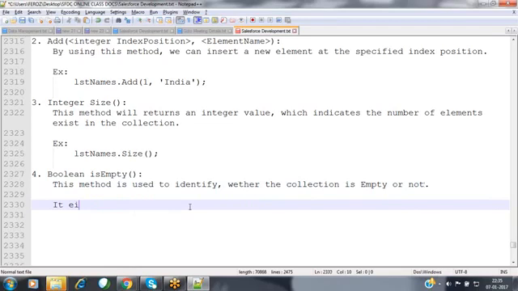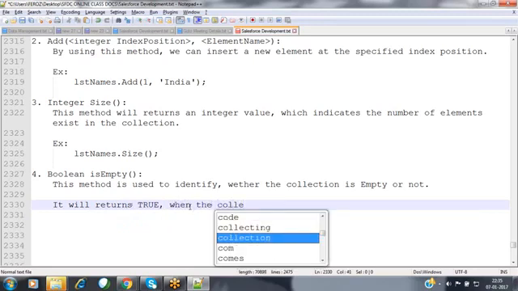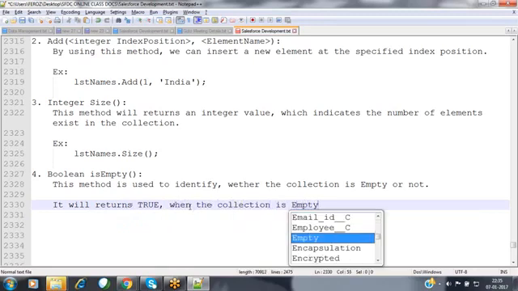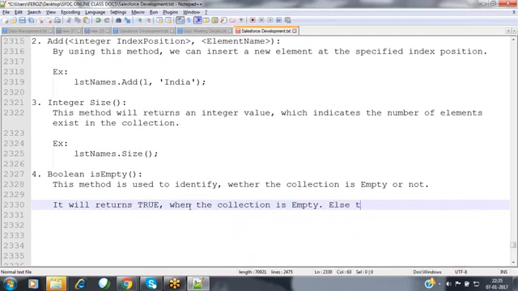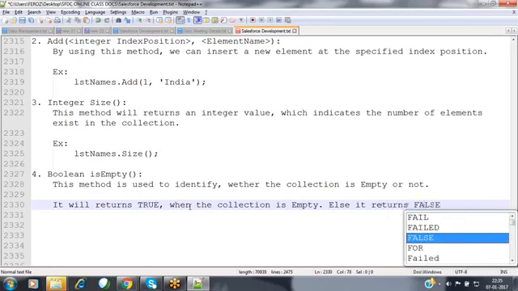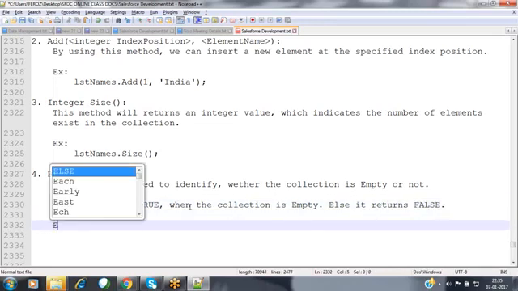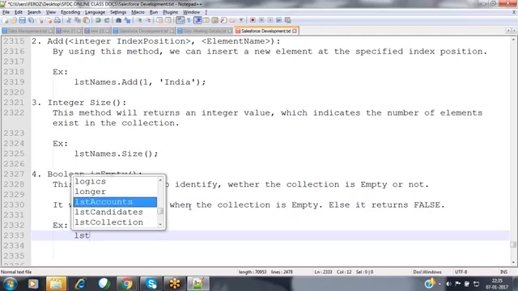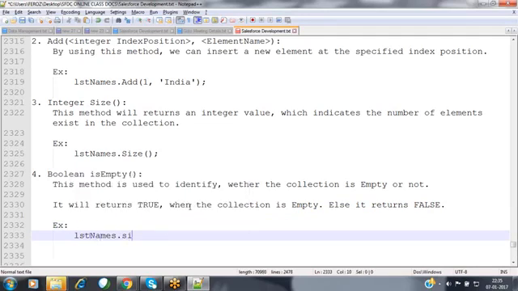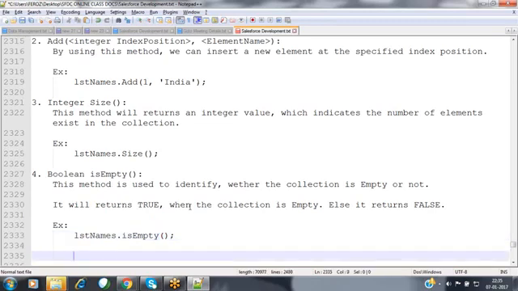It returns true when the collection is empty, else it returns false. For example, lstNames.isEmpty. We can get that. It is returning either a true or false value to you.